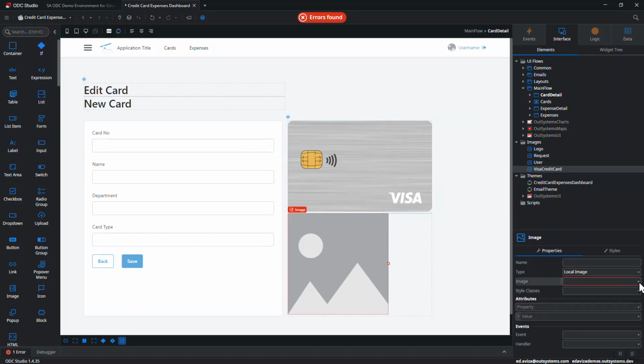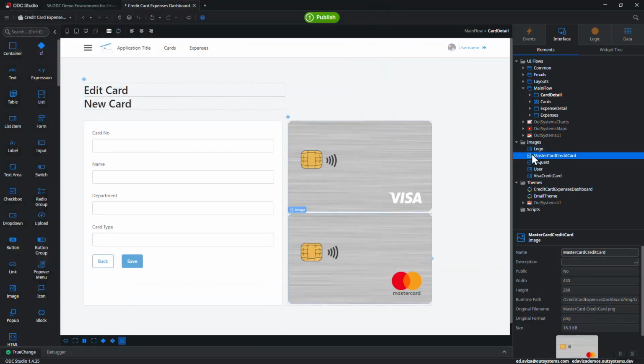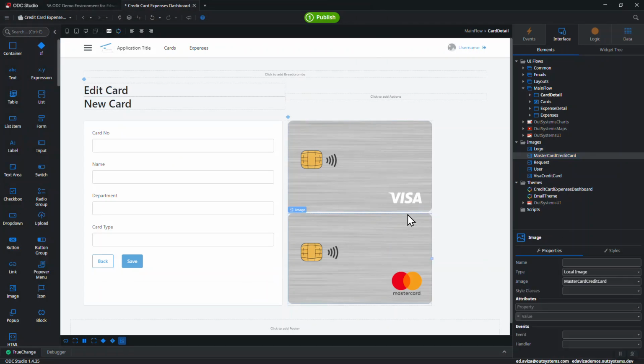In addition to the details of the card itself, I'm going to want to display some of the transactions that have been run on the selected credit card, so I'll start by placing a separator widget below the card details screen. As you can see, it can sometimes be a little challenging to find the exact spot on which to